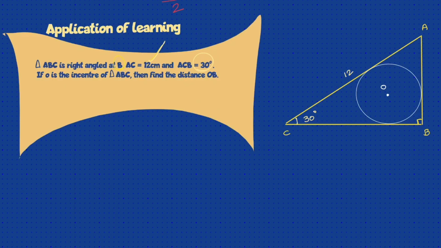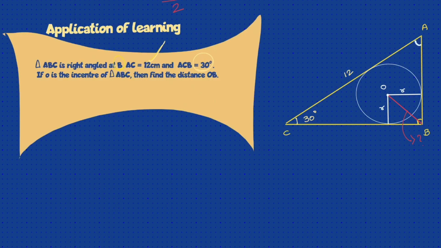I will have an inradius. Obviously, if I have an incircle, I'll draw an inradius for that. So I'll put an inradius in this way. By tangent perpendicularity, this will become 90. As we have learned, a line from the center to the tangent is always perpendicular. So I know this is 90. I need to find out OB. Yes, this red is something that I'm supposed to find out. Find the distance OB. That is my concern right now.